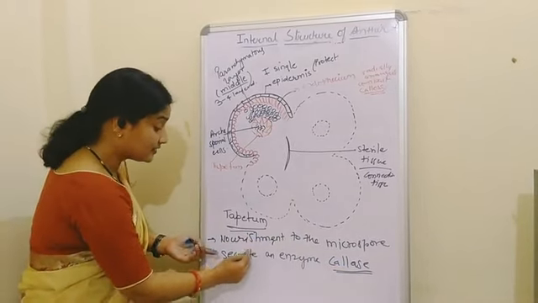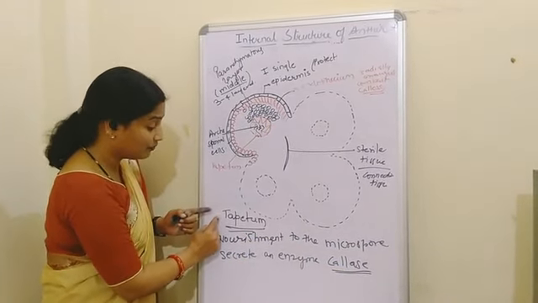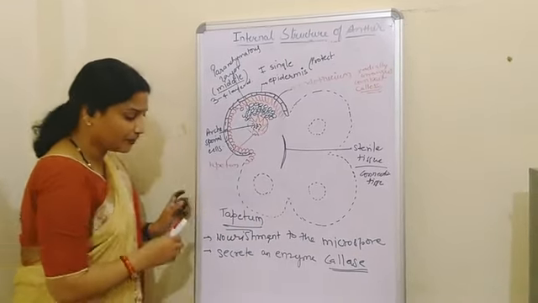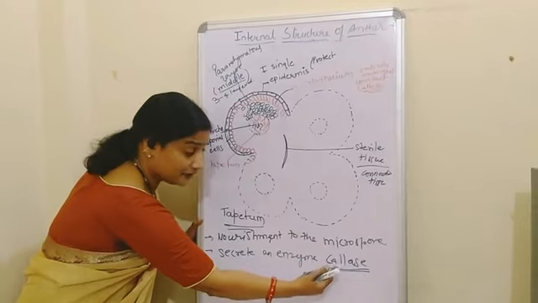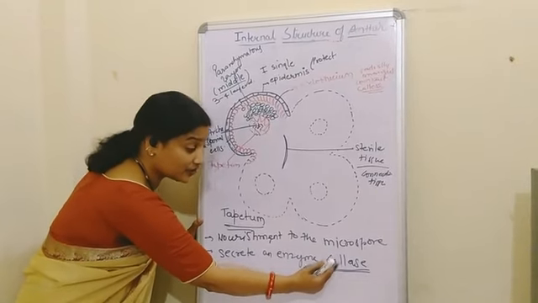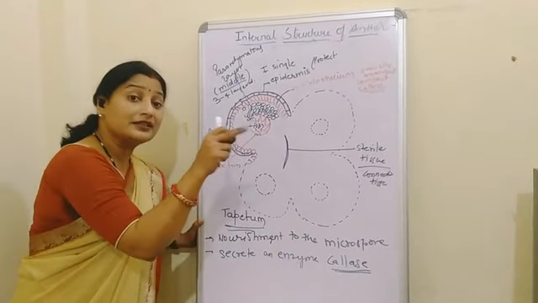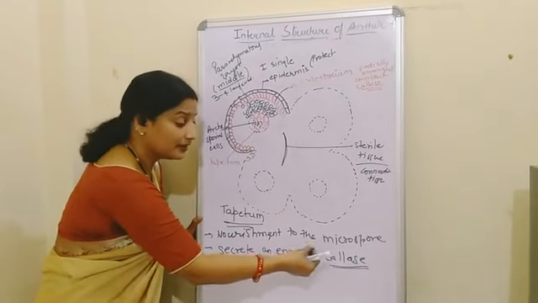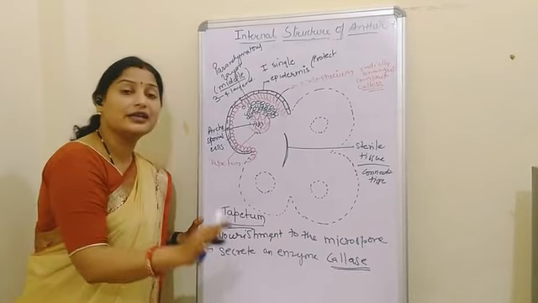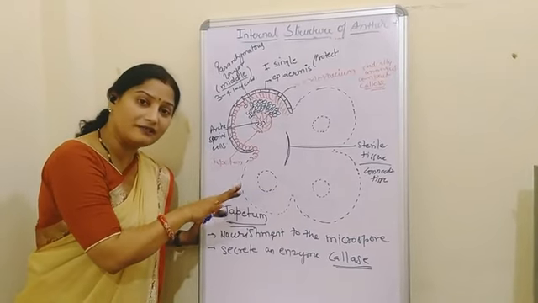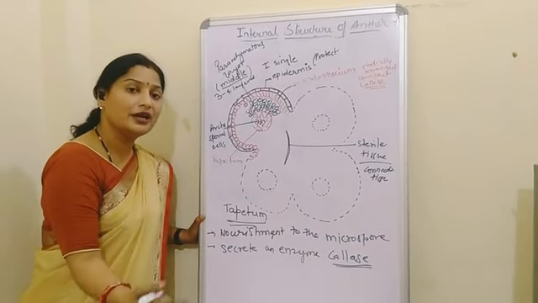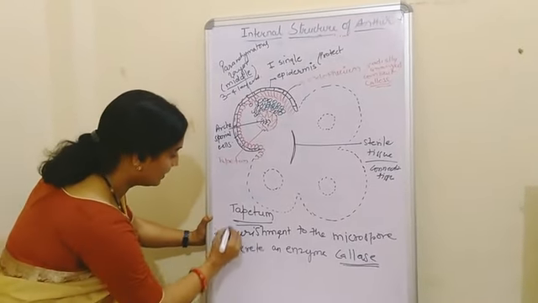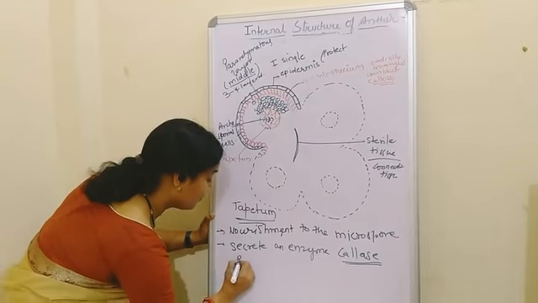This callase is secreted with the help of the structure called the tapetum. Okay. Now if this callase is secreted, it will dissolve the substance called callose, and if the callose is dissolved, then the microspores will all be set free and form the pollen grains. Now the next function: this tapetum produces